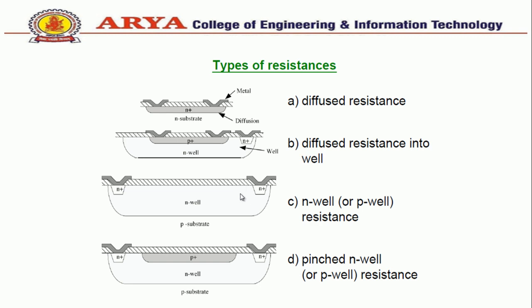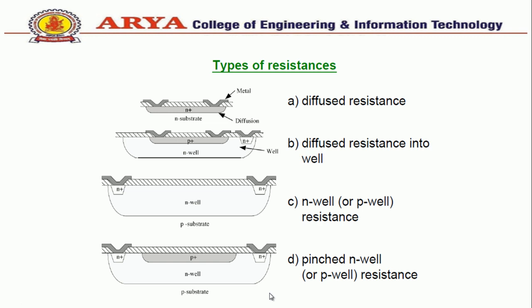For getting the highly resistive layers, we can put complementary diffusion on the top of the well. So it reverses the doping at the surface. The resistance is achieved with the buried layer, which means the doping concentration is much higher than at the surface. The resulting structure in this particular figure D is called a pinched well, which shows a significant increase in specific resistance, that is from a few to several kilo ohm per square.